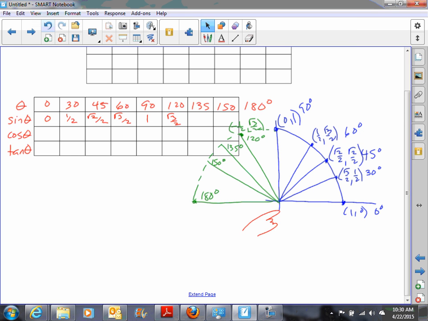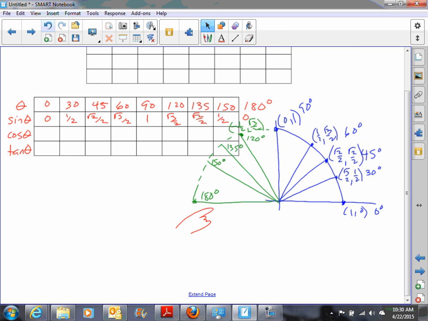Now, the sine of 135 degrees would be the y value of this point. Now notice, y is positive in this quadrant, and it's the very same one as this one, so it would be square root 2 over 2. And the sine of 150 degrees would be the y value of 30 degrees, so we get 1/2. And then, of course, this point is negative 1, 0, y being the sine, we would get 0 again for it. So the values are square root 2 over 2 for 135 and 1/2 for 150, and then of course